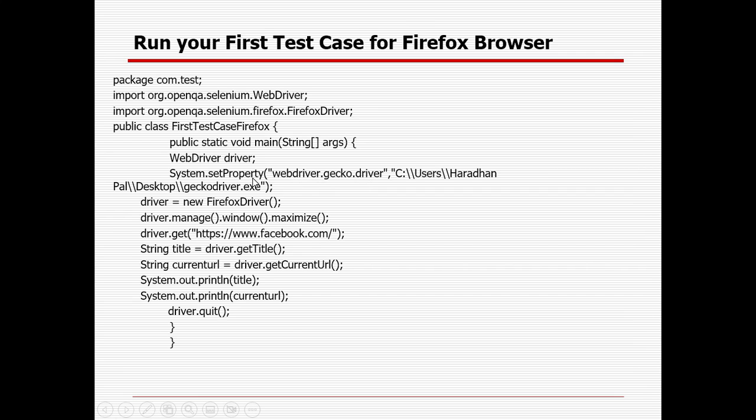And the next one, WebDriver driver equal to new FirefoxDriver. Otherwise, the remaining lines of code will still be the same. So in case it is browser specific, you need to change only that one. webdriver.chrome.driver, webdriver.gecko.driver, and this is the Gecko driver file path, and WebDriver driver equal to new ChromeDriver or FirefoxDriver, SafariDriver, like that. Otherwise, the remaining lines of code will still be the same. driver.manage().window().maximize(), driver.get, like that. So that is the way you can start with other drivers as well.